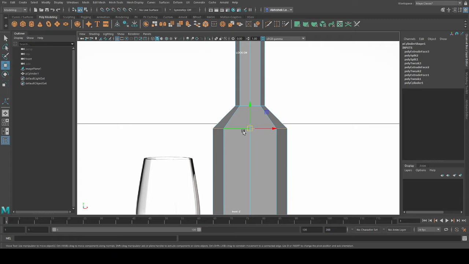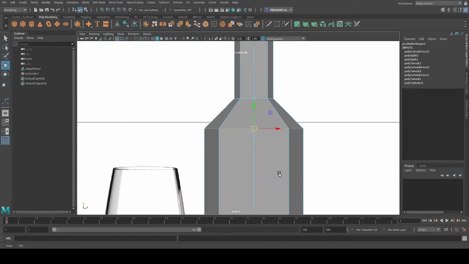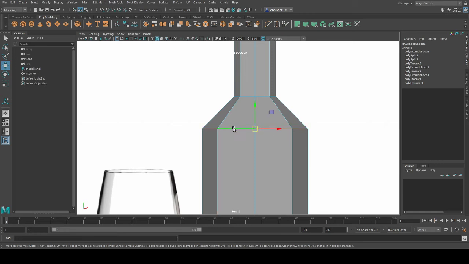With the help of the bevel tool, you can add edges, you can detail it, you can create curves, right? So I'll show you how to create that. I'll double click this edge. Why did I double click this edge? Yes, to select this whole edge ring. I selected this whole edge ring.